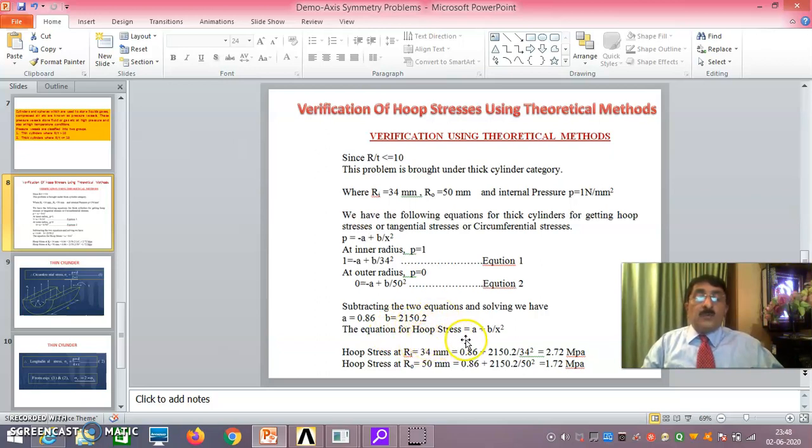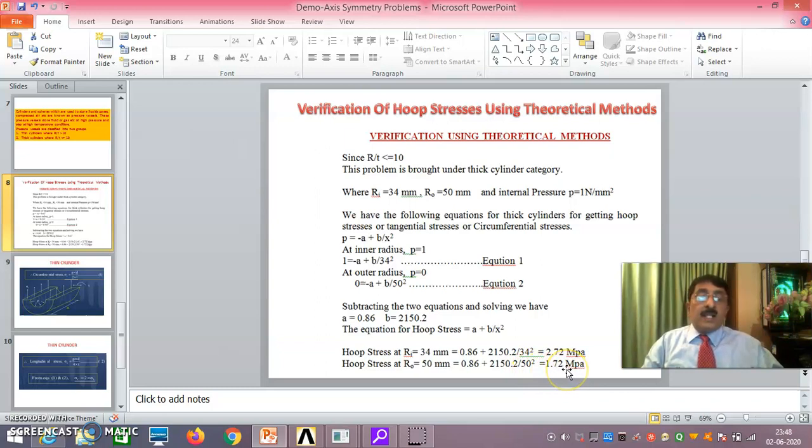The equation for hoop stress is A plus B by x square. Hoop stress at the inner radius 34: A and B you already found out as constants, and in place of x you put 34. Okay, 0.86 plus 2150.2 divided by 34 square, 2.72 MPa you should get. Hoop stress at the outer radius, that is 50 mm. Same thing, A and B same, 0.86 plus 2150.2 divided by 50 square, that is 1.72 MPa you